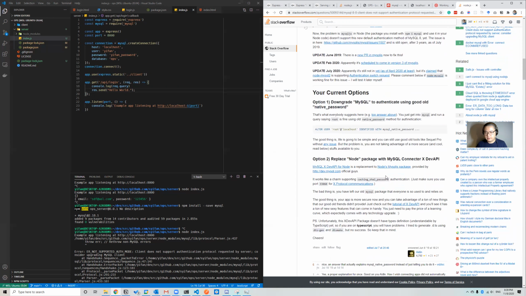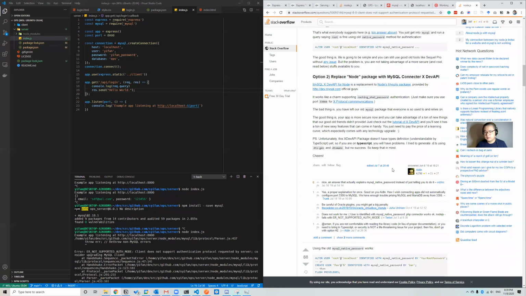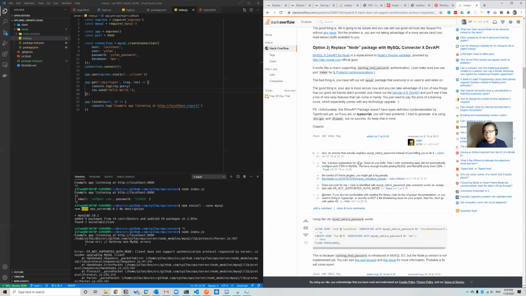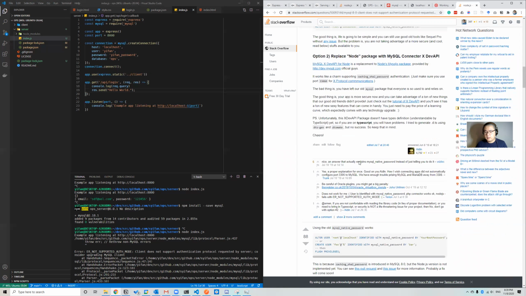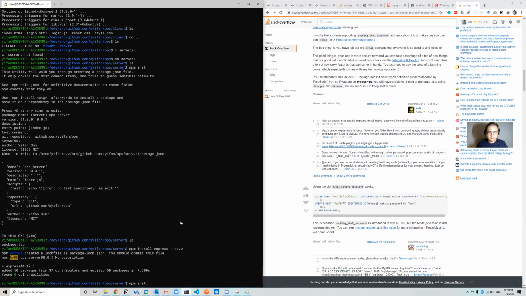Downgrade MySQL. Okay, this is not an option. Too complex. Replace Node package with MySQL connector dev API. Kind of still complex, but let's try to use this solution. Okay, I think this one works. So let's try to use this selection. So